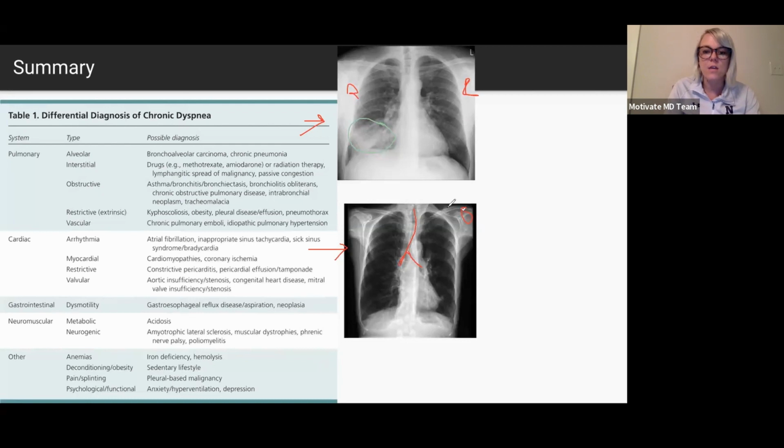We see a skinny cardiac silhouette. We see good costophrenic angles here. We see no blunting of them with fluid or anything. But what we see is huge lung volumes. Do you guys see that? We see a lot of ribs. If we counted them, we would probably say, okay, 1, 2, 3, 4, 5, 6, 7, 8, 9, maybe 10